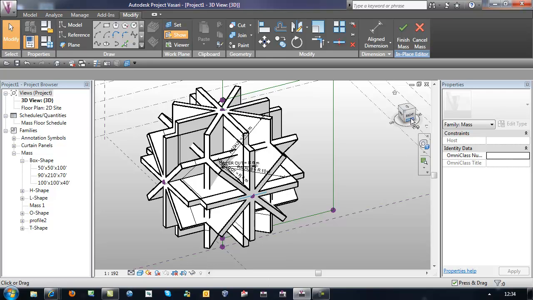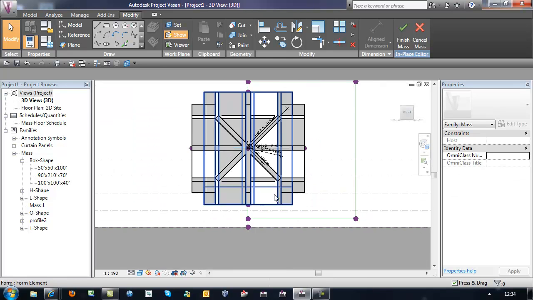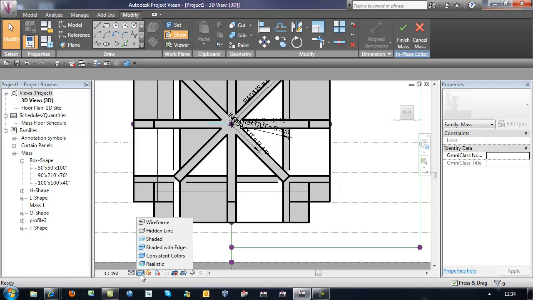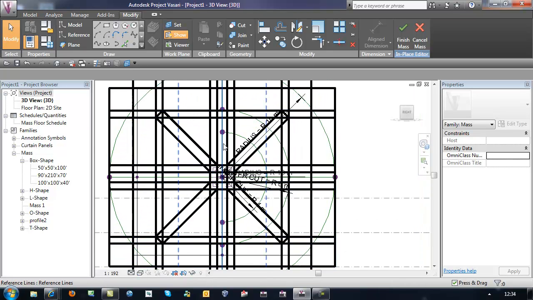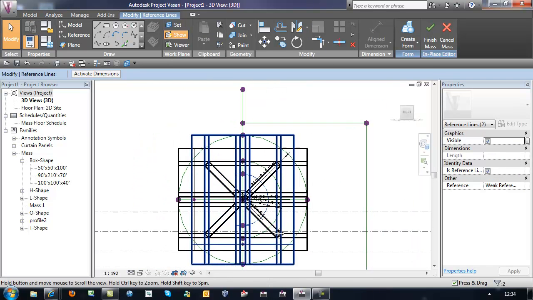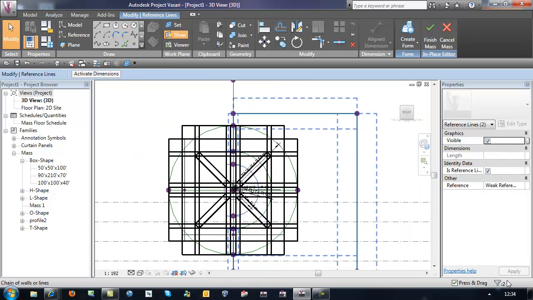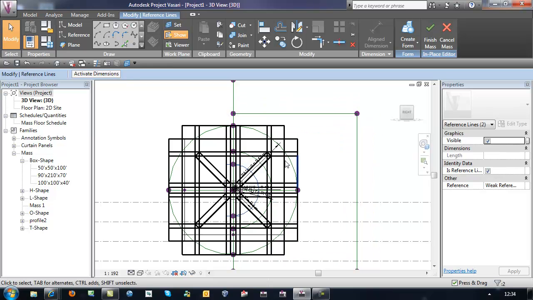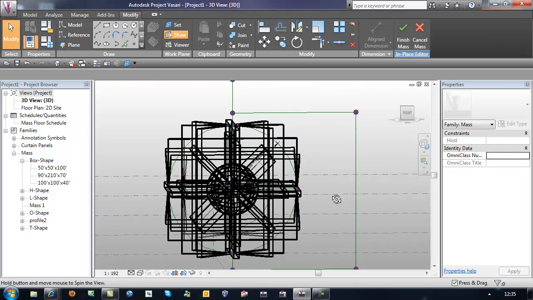If we go to a right elevation, and we're going to enable it as wireframe. So what we'll do is we're going to click our inner profile, and remember we created basically like a half moon shape. So we've got those two reference lines selected. We know that because we've got them from the filter command there, and we're going to pick up the overall last reference line, which is going to be our axis of revolution. We'll come in here and we'll choose void form,